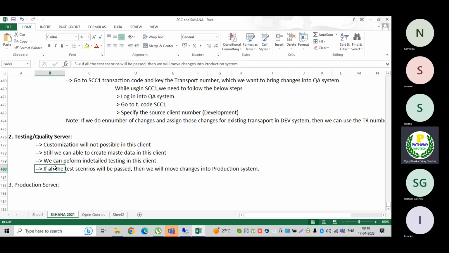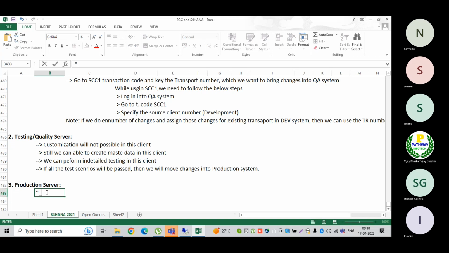So now if we are okay, then we need to bring the changes into the production system. I'll put it like this. Once all the test scenarios and test cases have passed and are working as expected in the quality system,